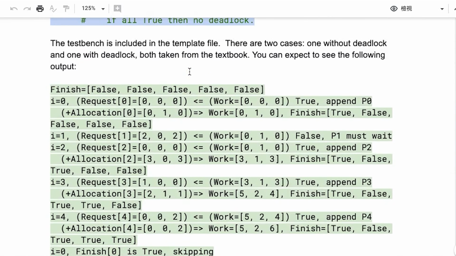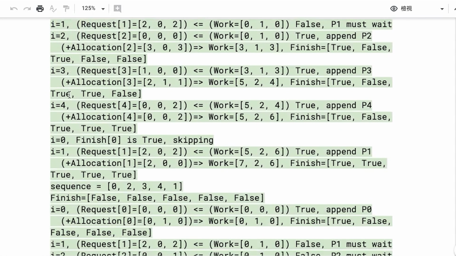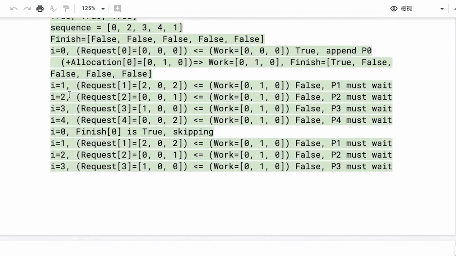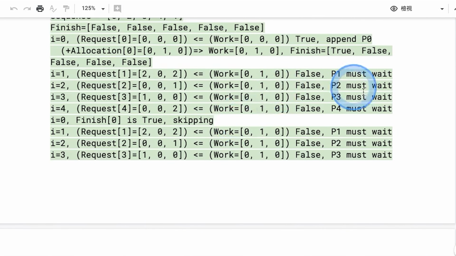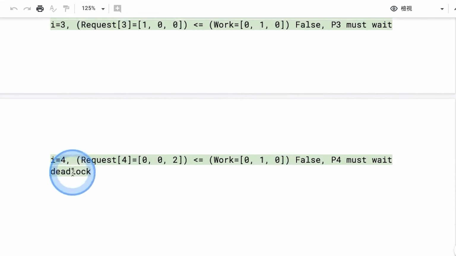Okay, and then I included a test bench, but you're welcome to change the test bench and then trace it and make sure you understand every step of how things work. And then if you run it, in this case it is true, and then they must wait. Then finally, deadlock tells you.